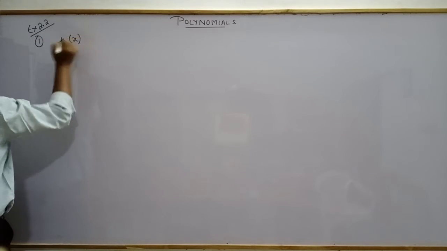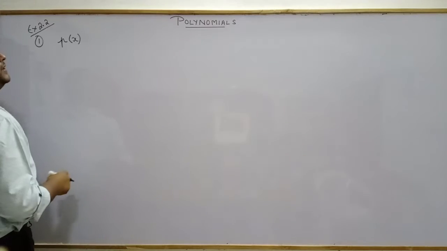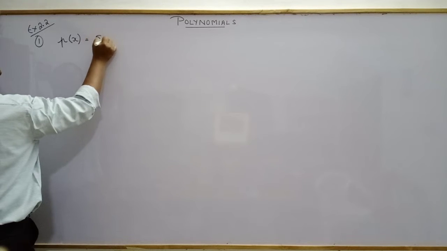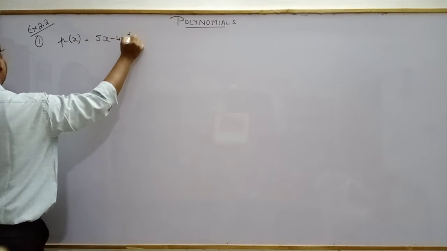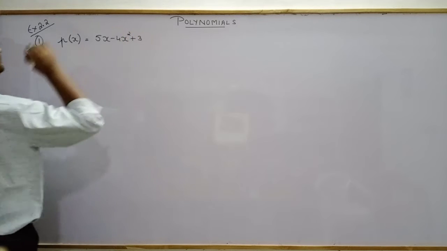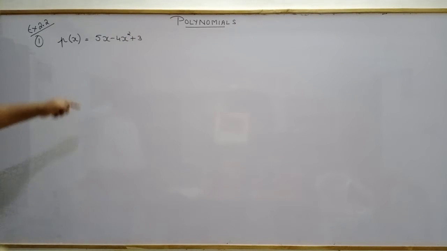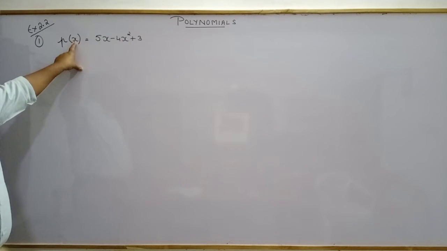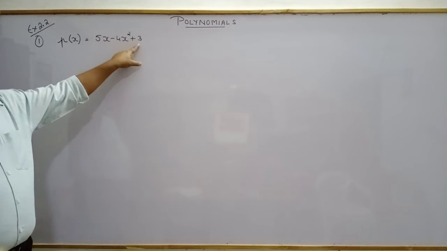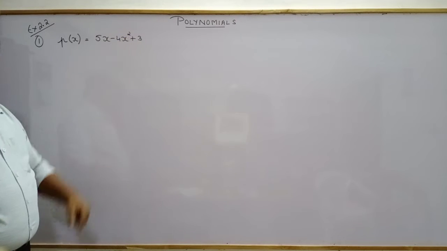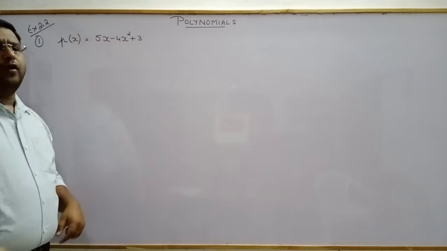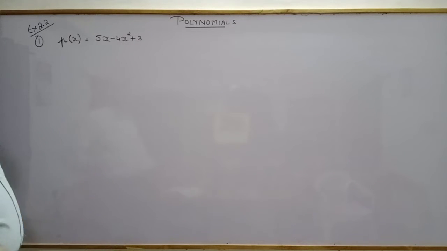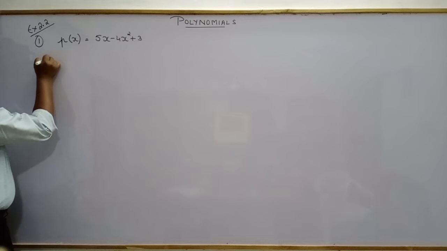polynomial p of x, as we discussed in the previous lecture, is written in the form of p of x. The polynomial p of x is equal to 5x minus 4x square plus 3. So we can see that the polynomial is in the form of x. That is why it is a polynomial in x. It is a trinomial, 3 terms, and the degree is 2. He says find the value of this polynomial at x equals 0, x equals minus 1, x equals 2. So he says second part, if I talk about the